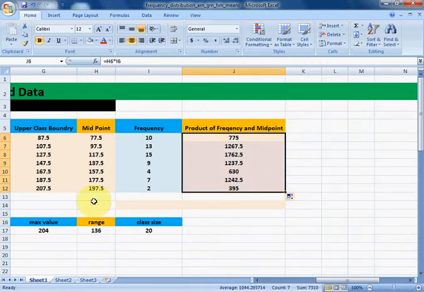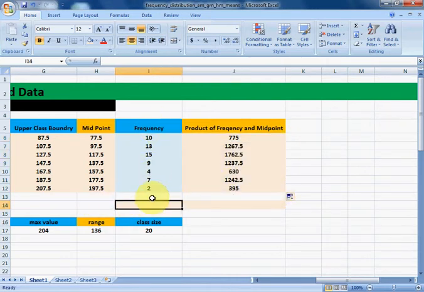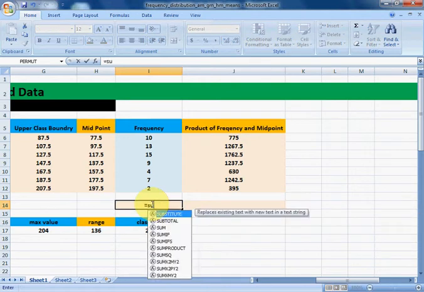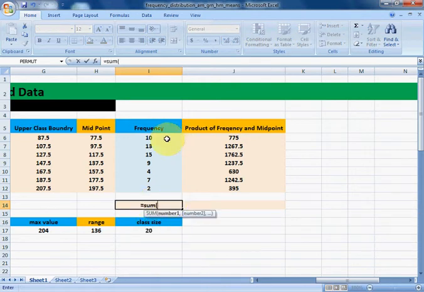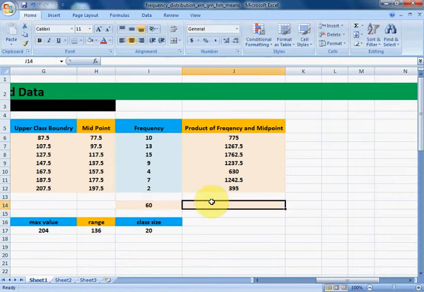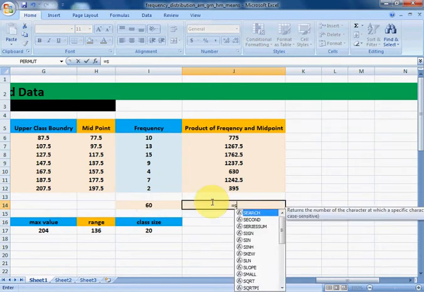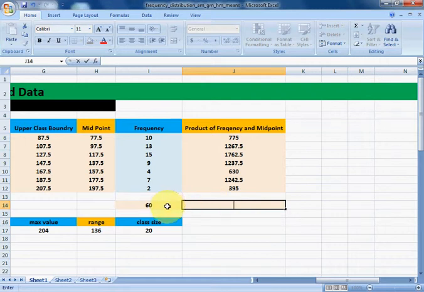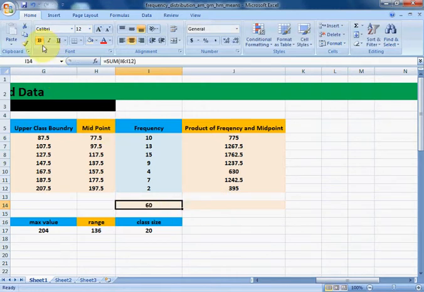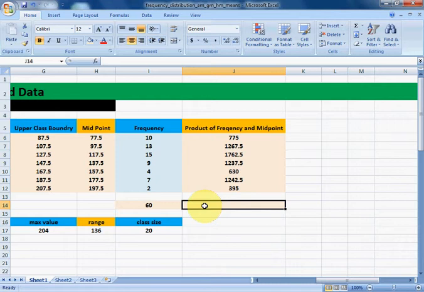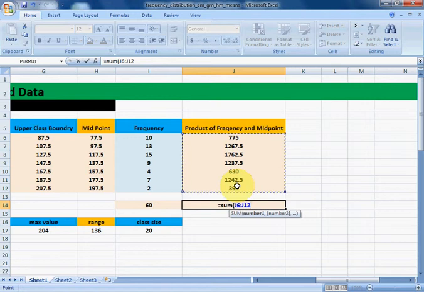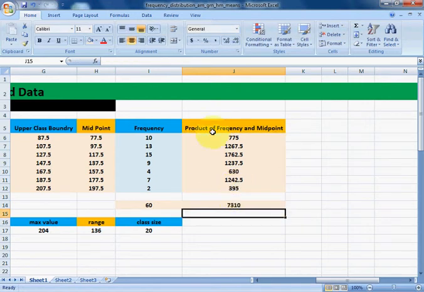Drag it downwards. Now we need to find the sum of all the frequencies, is equal to sum, select all the frequencies, close the bracket, enter, and similarly is equal to sum. I will bold it so that it can be viewed easily. Is equal to sum, select all the values, close the bracket. Now we have sum of all the product of frequency and midpoint,